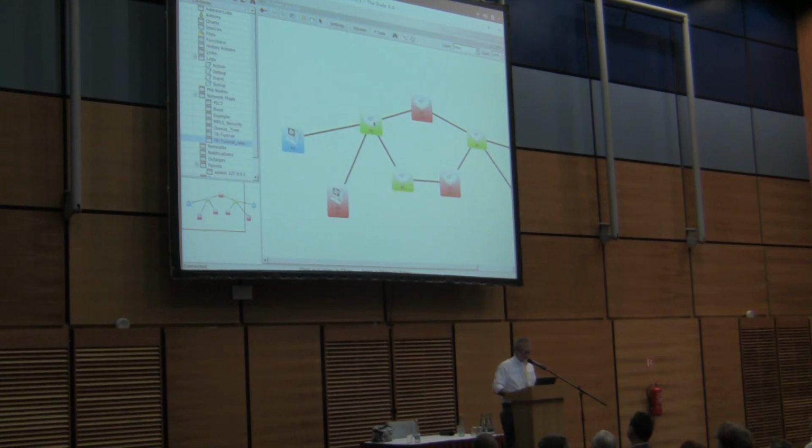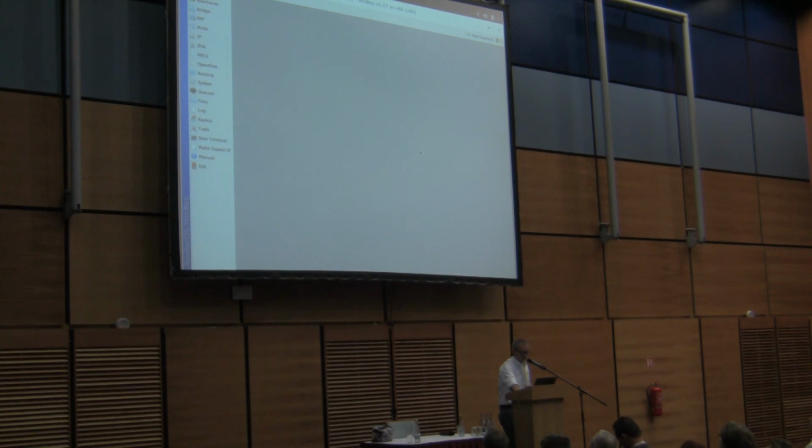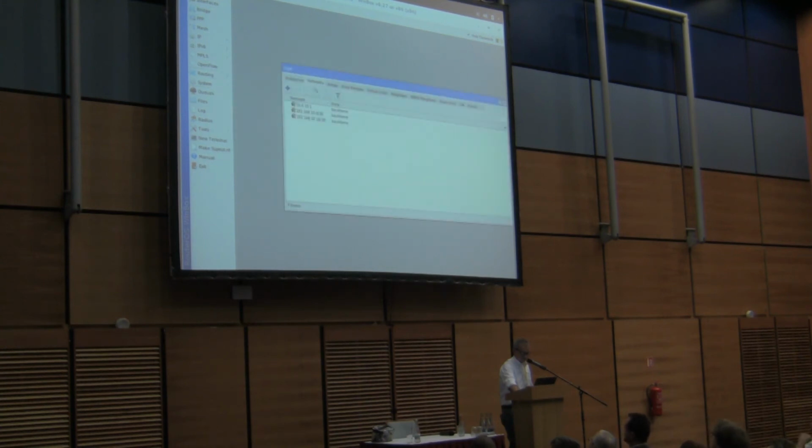I will show you. Router 1 configuration is the ingress router. OSPF is a simple setup here. Only networks, only the backbone area, a very simple setup.